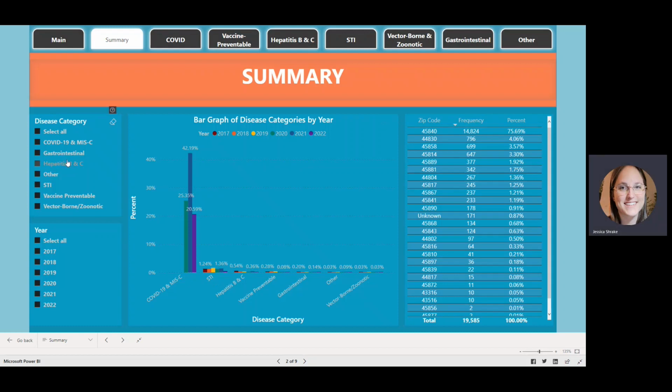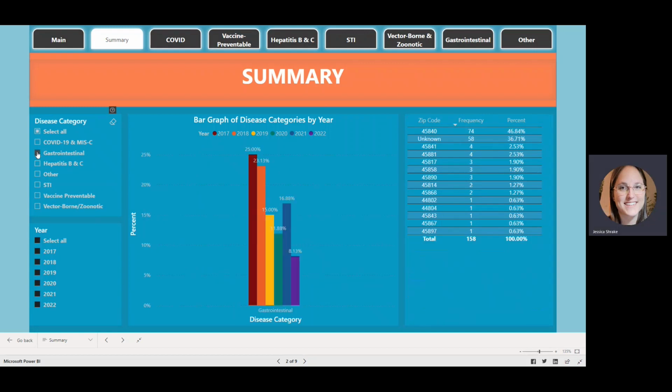So for example, if I just wanted to see gastrointestinal illnesses, what you're going to do is, right now everything is selected. You can see because it's darker. If I unselect them, now it's blue, which means it's all unselected. I'm just going to select gastrointestinal. This pulls it up for the past 5 full years, plus what we have of 2022, and I can see how that breaks down. And then you may also have noticed the zip codes over here will filter to only include the data for gastrointestinal. So we can see which zip codes had the most number of cases